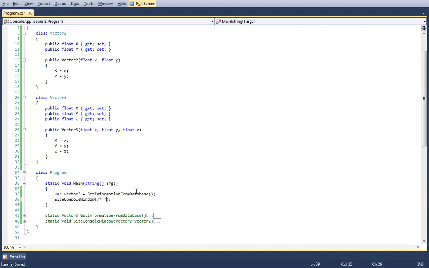Okay, what should go here? What code should go here to get the behavior that I'm looking for? I'm looking to pass this Vector3 into the SizeConsoleWindow method. What should the syntax look like?